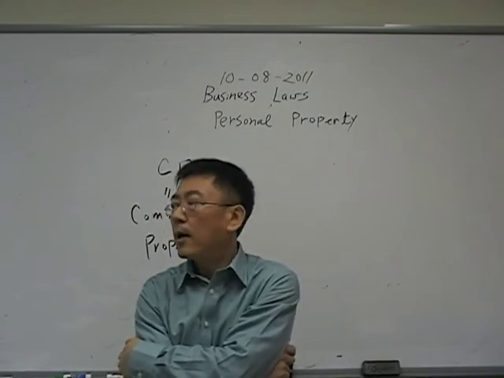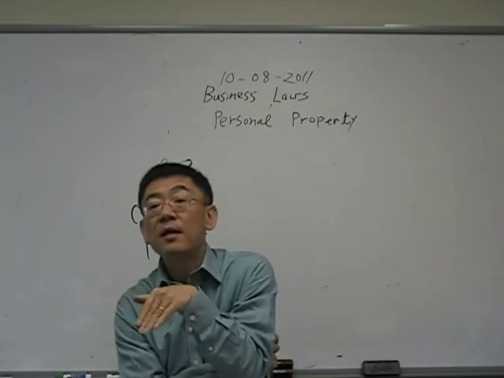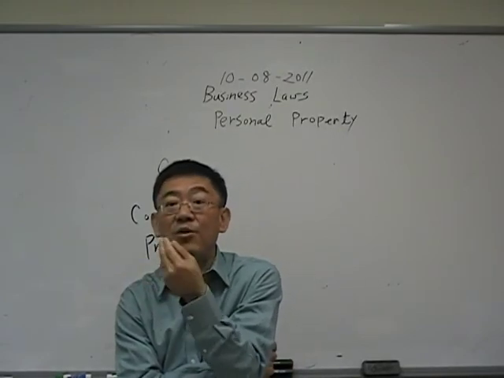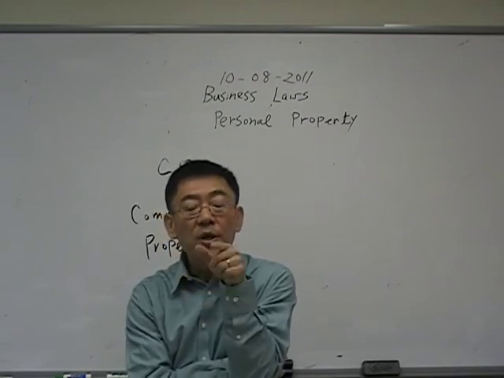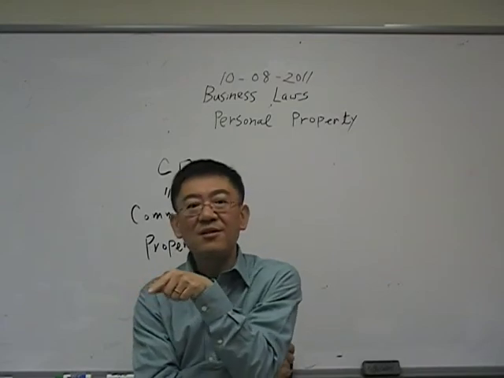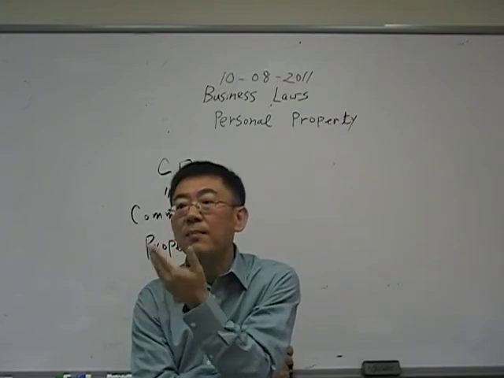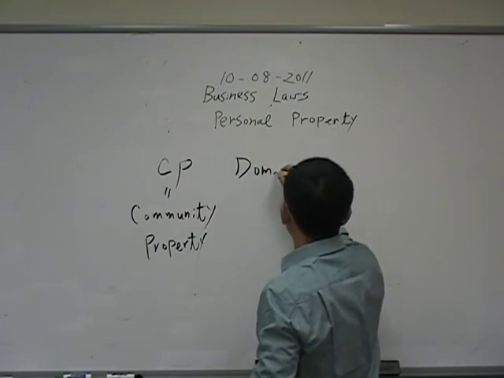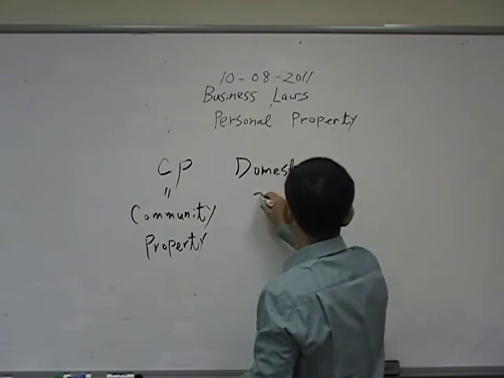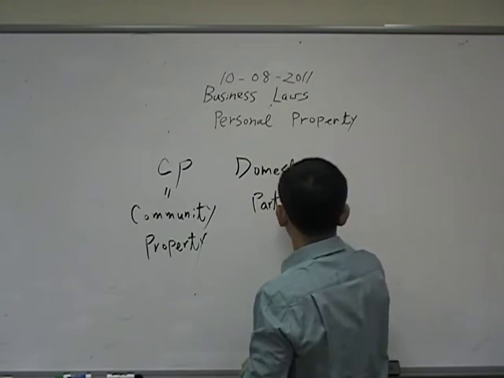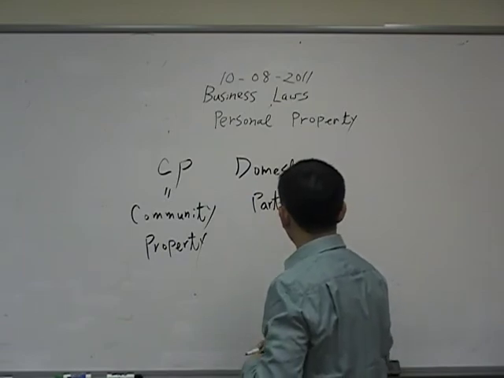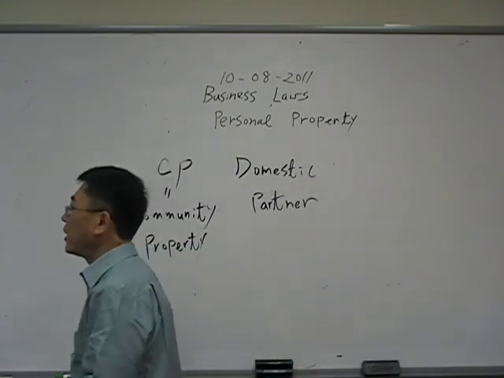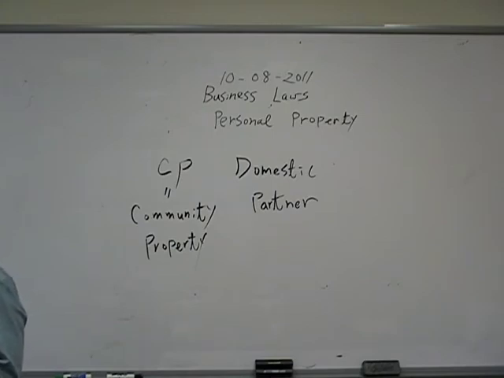In California, at least up until today, we have an alternative to solve the problem. Everybody understands, right? I believe I talked about this issue. In California, we use another terminology to solve this same-sex marriage problem. That's called domestic partner. Even though up until today the legal system in California does not recognize same-sex marriage,